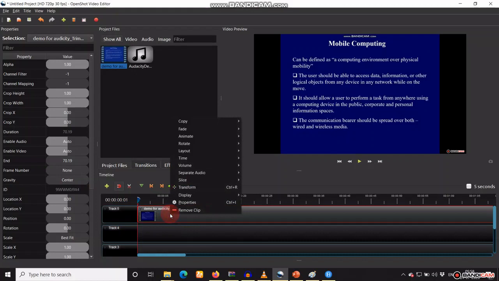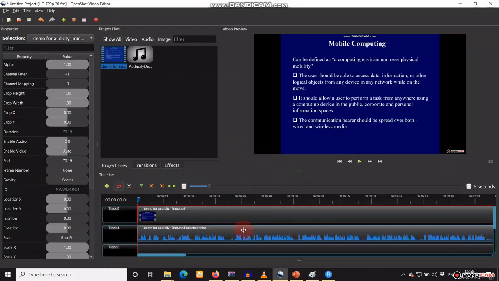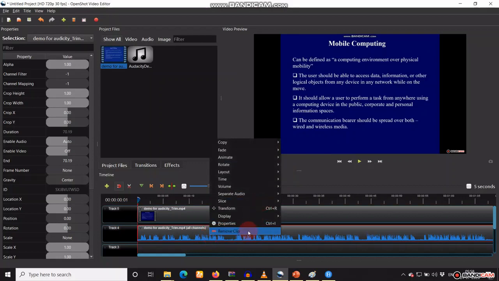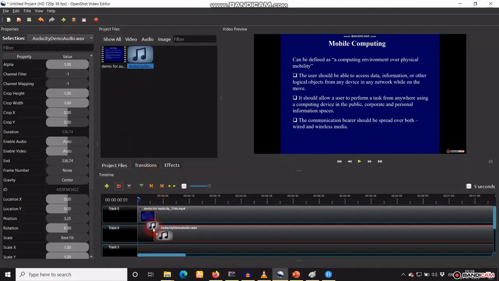Right click on the audio video file. Then separate. We have to do the same process to remove the noise associated audio file from the video. Remove it and then drag this noise reduced file into track 4 and then click on this red button to export this video to the particular location.